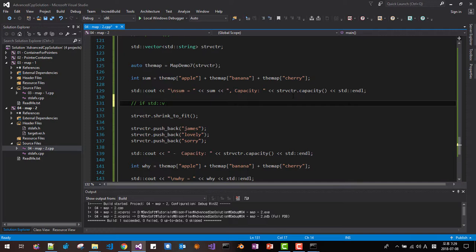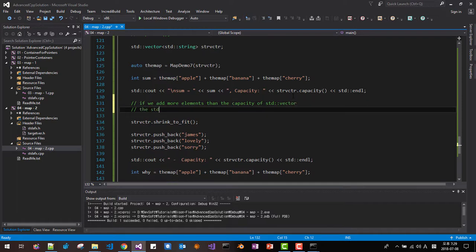If we add more elements, then the capacity of the vector changes, and the vector reallocates